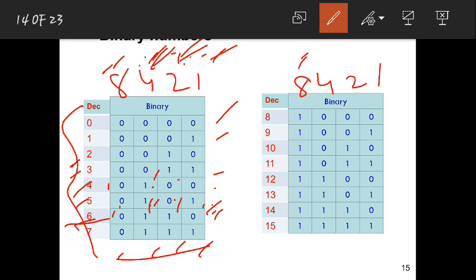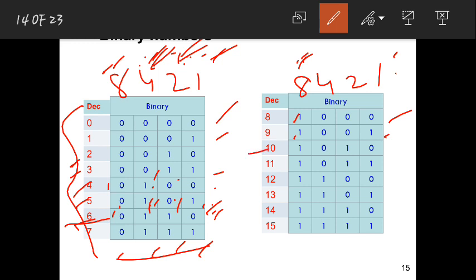Okay. So for this 8 you will directly write 1 here, remaining all will be zeros. Next, you have 9. There is no 9 here, so if there is no 9, 8 plus 1 you will get 9. So 1 and 1 here. At the 8th position and at the 1 position you have written bit 1, and the remaining 2 bits at positions 4 and 2 you have written zeros.